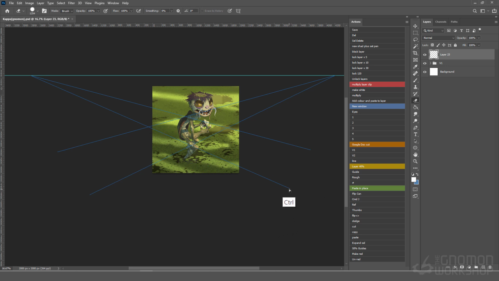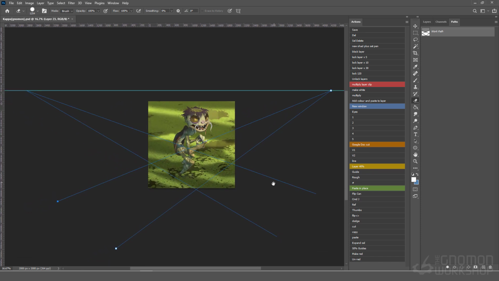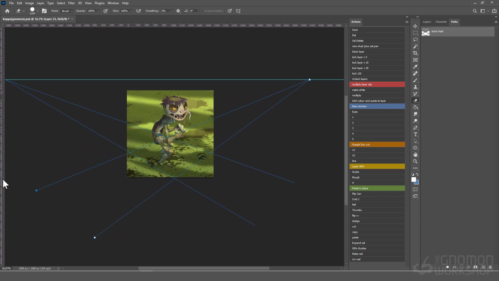And then either bring this to the point where I want to add the perspective lines. This might be to keep track of the general perspective or to build something on top of. But to keep track of that,